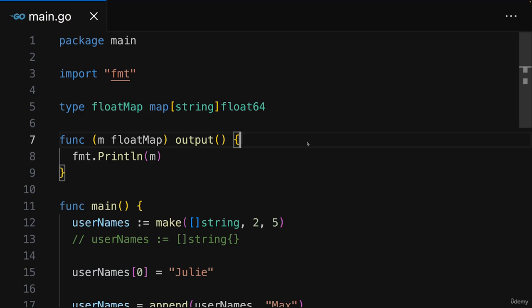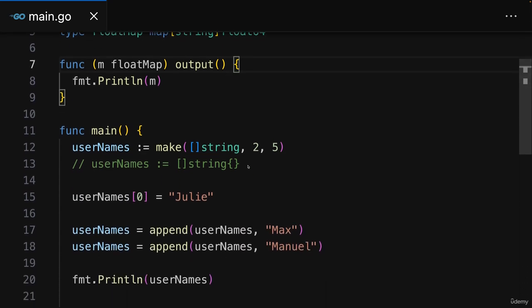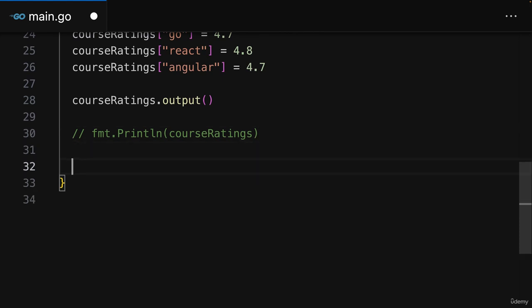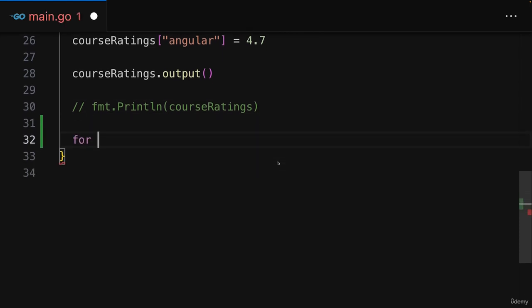And with that, we're almost done for this section. But there's one last very important Go feature you must know when working with arrays, slices, or maps. And that would be the for loop. Now, you did learn about this for loop earlier in the course already. You could use it to create an infinite loop, or you could also use it to have a fixed number